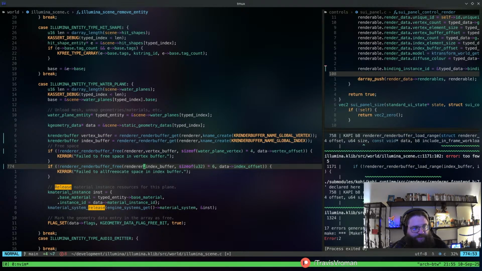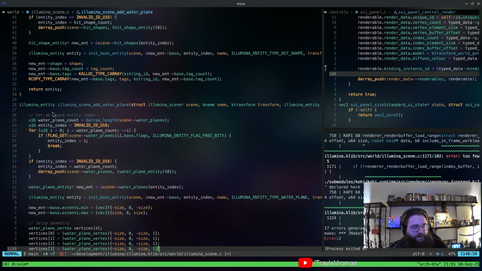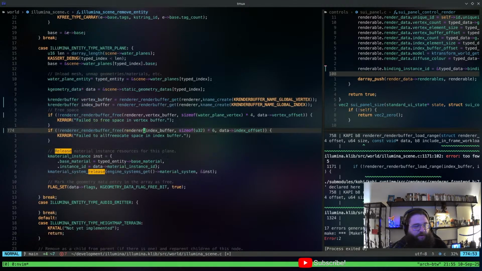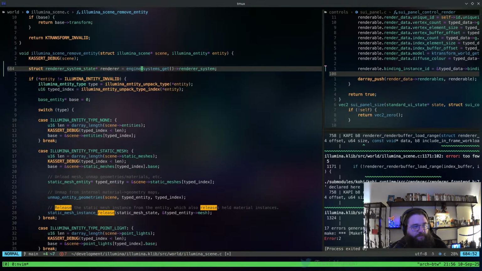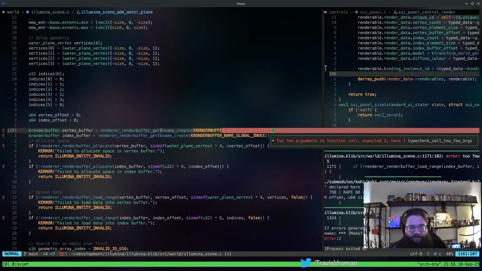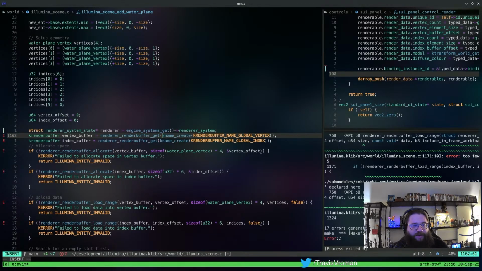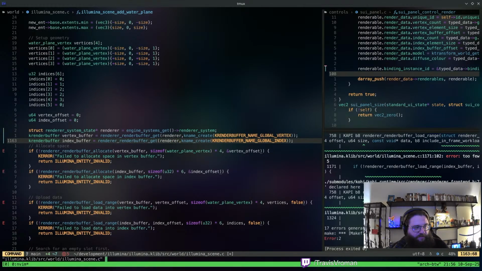Yeah, same thing there. Okay, and then add water plane. This is a static function, I think. Oh, not quite. All right. Do we have? We didn't get that. Okay. So I'm going to need back up this way. Going to need this guy, and like I said, that's probably something that I want to rethink. It's one of those things. It's like, let's try this and see if it works, and it kind of works. But it also kind of doesn't. It's kind of also a pain in the ass.